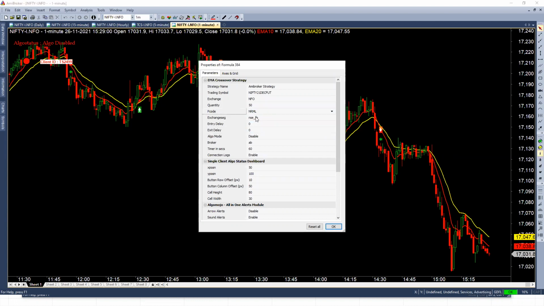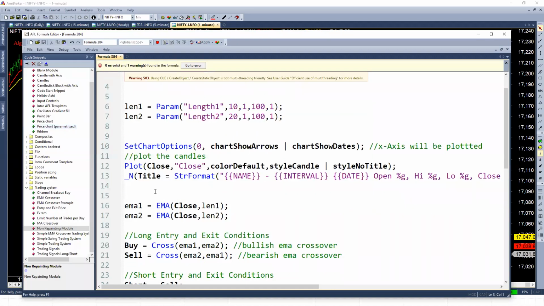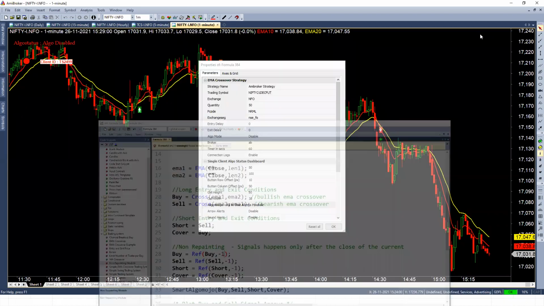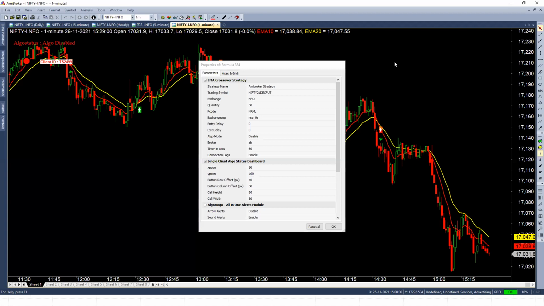Anyways, once you're done with that, entry delay: I don't need to give a delay here because I'm giving a delay in the coding level itself. If you remember, this is the coding delay I'm giving over here. Since I already included the coding delay, I don't need to control the delay from here. If the strategy doesn't control any delay, I can control it from here: for the entry signal, how much delay I want to give. Entry and exit, I can control the delay from the AmiBroker parameter control itself.